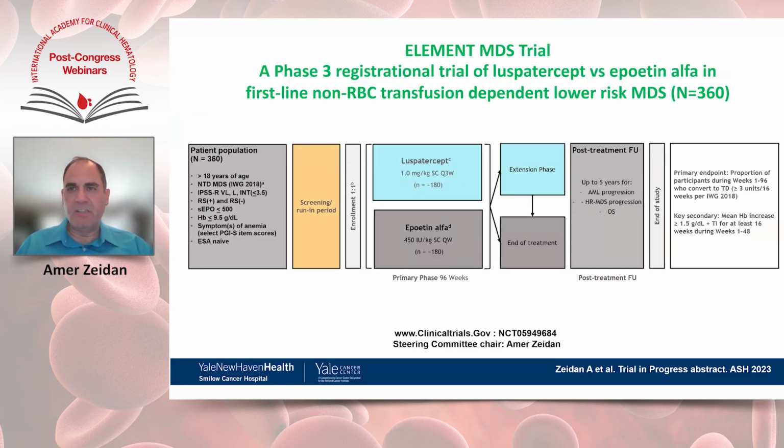In addition to the combination of therapies, another important idea has been the use of earlier step in the natural disease course for MDS. So the ELEMENT trial is looking at using luspatercept, similar to the COMMANDS design, luspatercept versus ESA, but before the patient is transfusion dependent. So those are patients who have lower risk MDS who are transfusion independent, but they have symptomatic anemia with a hemoglobin of less than 9.5. And the idea is to try to prevent them from becoming transfusion dependent. So this is an ongoing study that, I think, will also provide very important results in the near future.